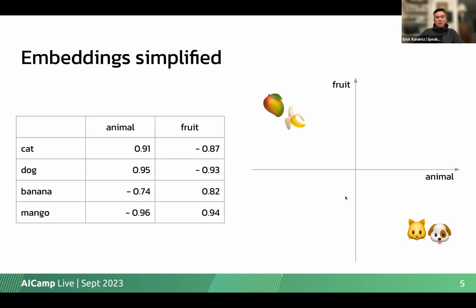But in terms of similarity, they're pretty close. The banana and mangoes are pretty close to each other, and so is the cat and dog. In terms of similarity, the way that the embeddings work, they're quite close to each other. So they're very closely related. And that's what embeddings are trying to do. So it's trying to identify, it's trying to group things and cluster things in terms of whether they're similar or